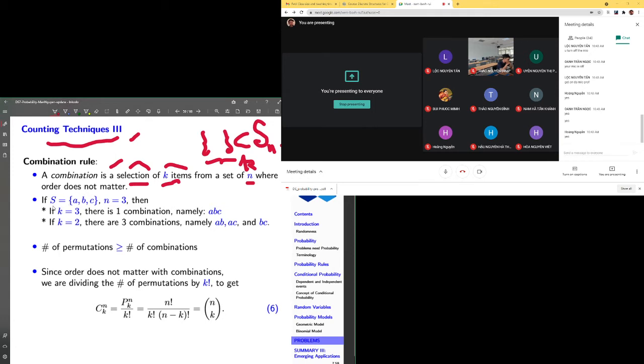So if I choose, for instance, a set having 3 elements, and I choose k to be 3, then you see there is only one combination like this one. So that means if k equals n, then the subset will be the entire bigger set outside. But if you choose here k to be 2,